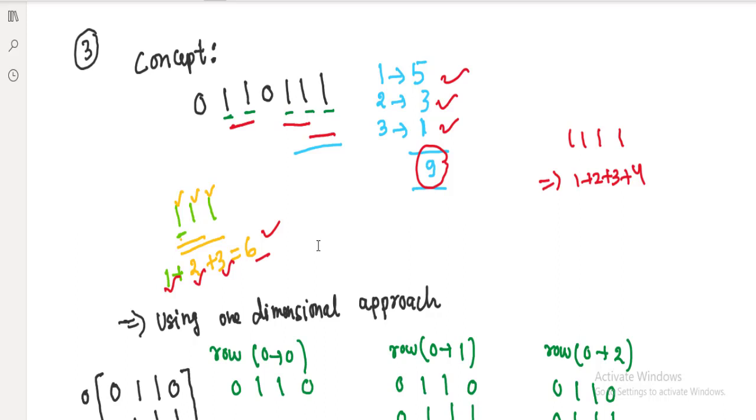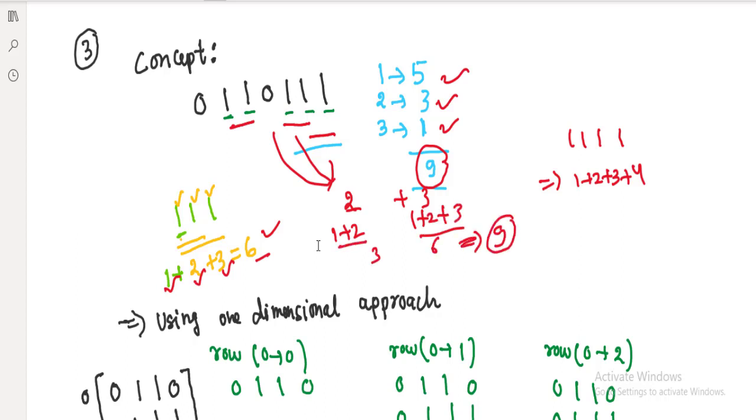If there is some 0, we'll again reset it. For example, here in this case, if you directly want to compute it, what is that? One is the 2 length consecutive, another is 3 length. For 2, 1 plus 2. For 3, 1 plus 2 plus 3. Here it will be 3, here it will be 6. Total becomes 9. We can directly compute it.